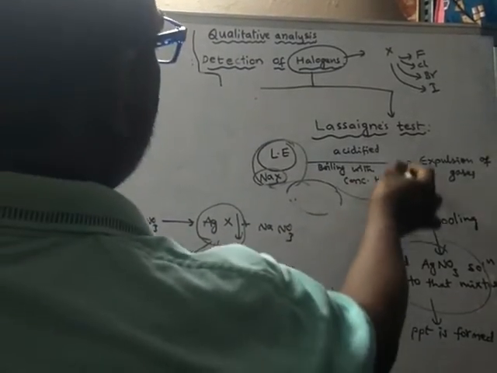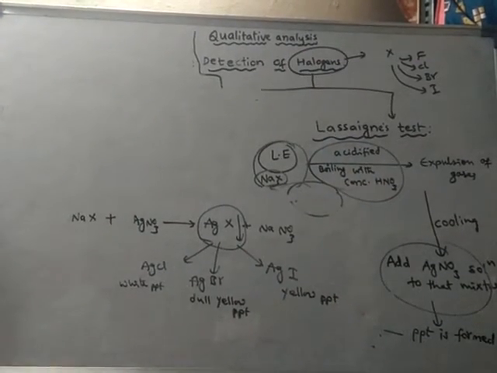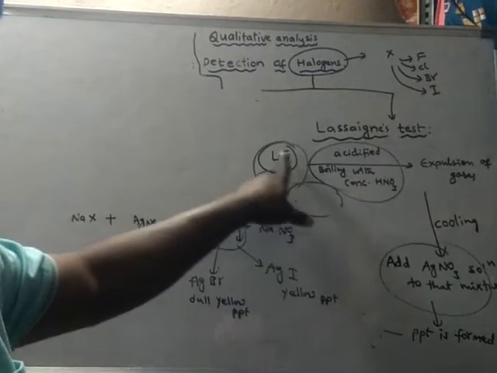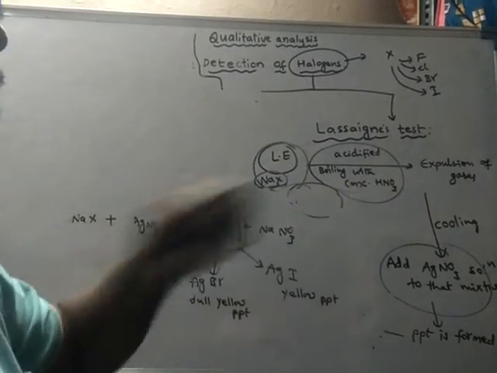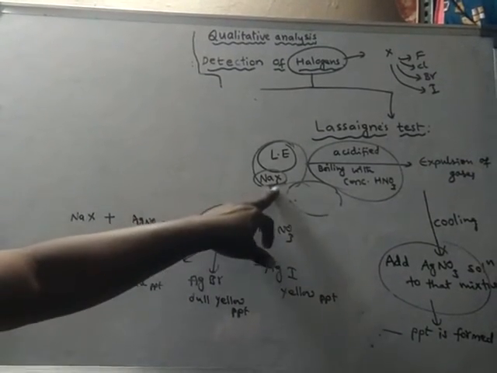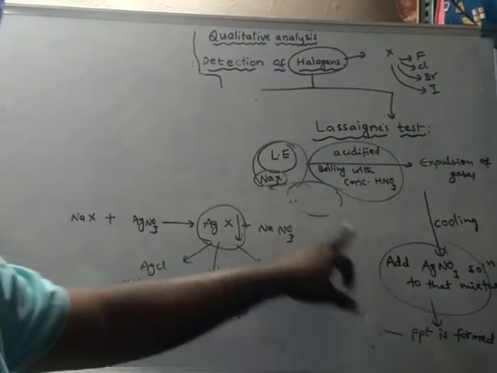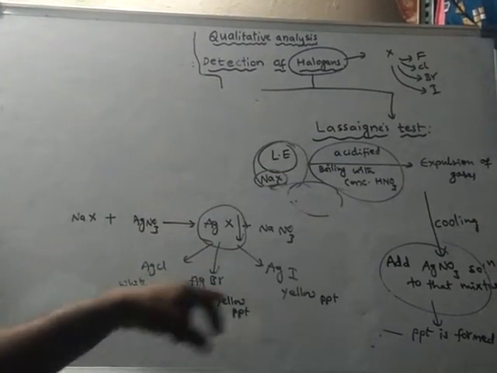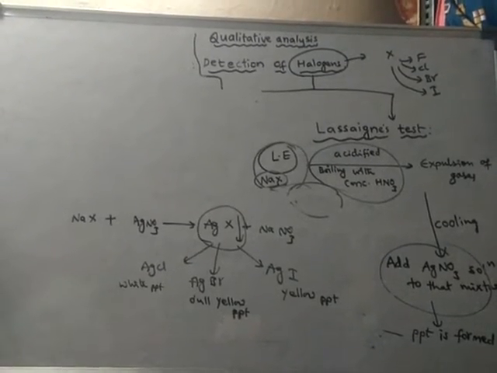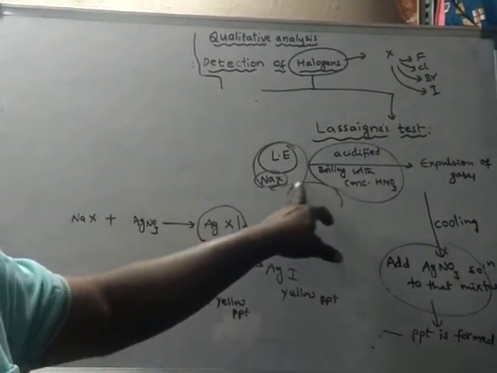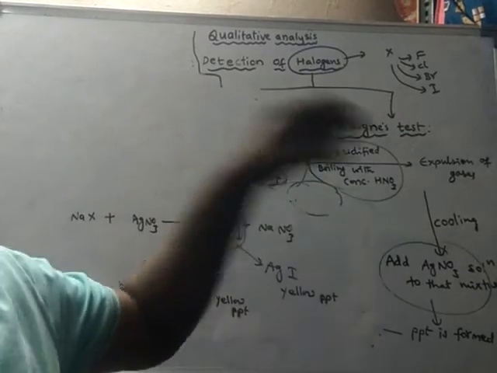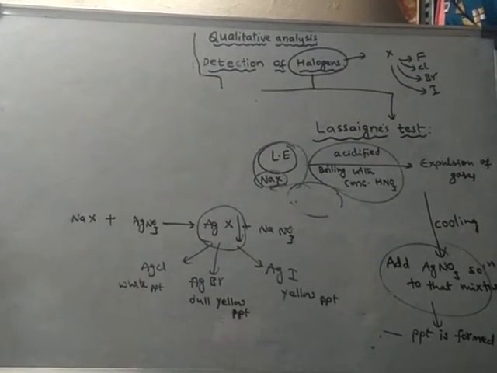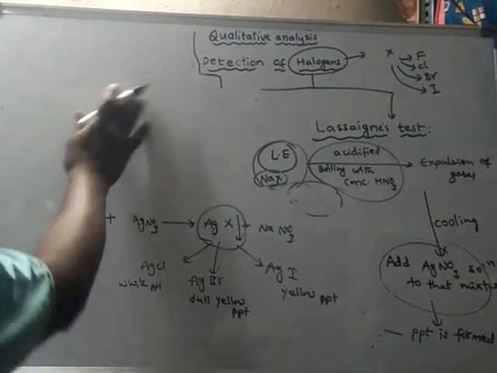Here in this reaction, the sodium halide is directly reacting with silver nitrate. Then what is the use of nitric acid? The question is, why should we acidify the Lassaigne extract by boiling with nitric acid? Directly we can add silver nitrate to the extract and this reaction can run. But instead of directly adding silver nitrate, we are acidifying the extract with nitric acid. What is the reason? Now let us learn the reason for this. See, this Lassaigne extract may contain